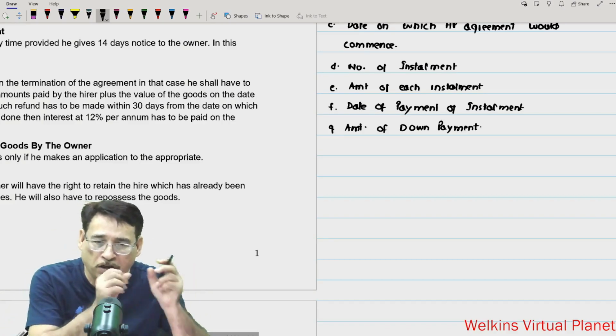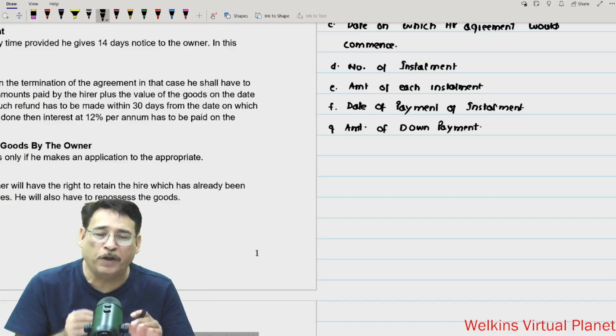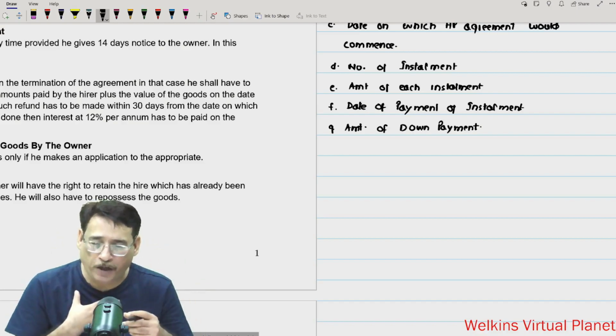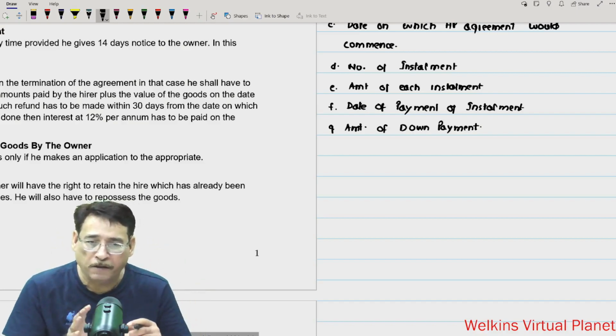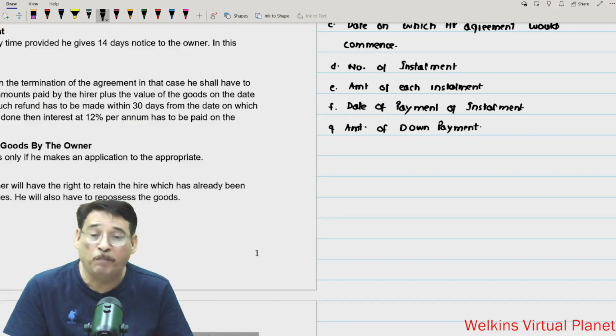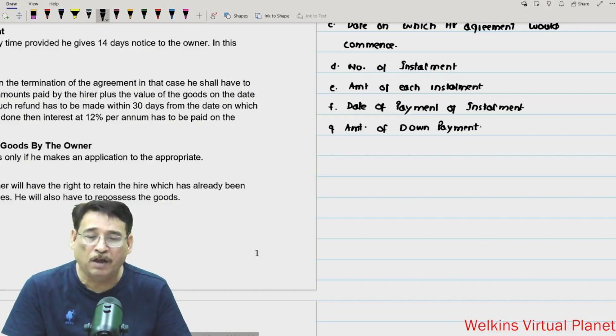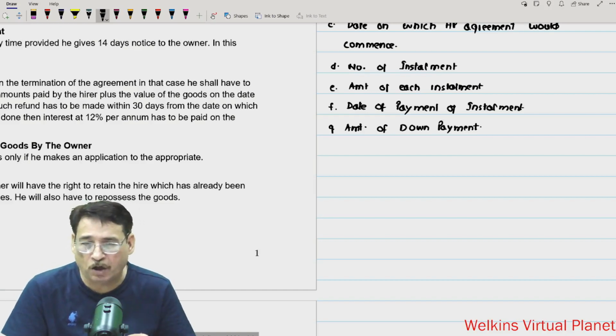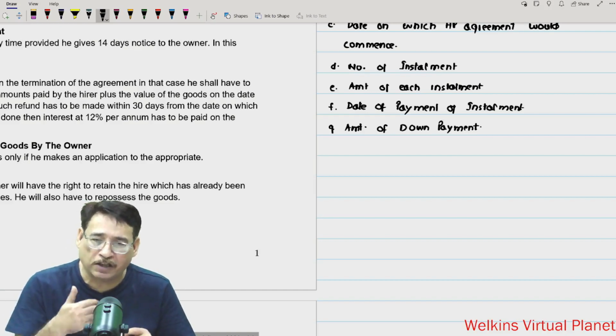And at the end of the third year, you will pay me this much of the amount. That means the purchaser is supposed to pay 3 installments. Correct? Now let us say he pays the first installment, he pays the second installment, but he fails to pay the third installment. When he fails to pay the third installment, in accounting terminology, we will say that default has